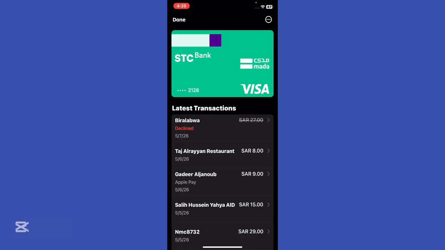Open the Wallet tab, tap the card you want to view, tap the three dots in the top right corner, tap Card Details, or Card Information, to see the last four digits of your